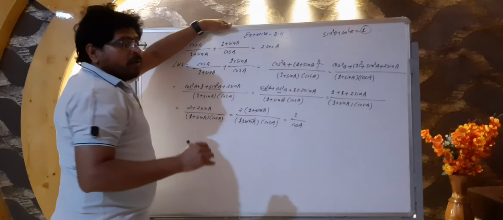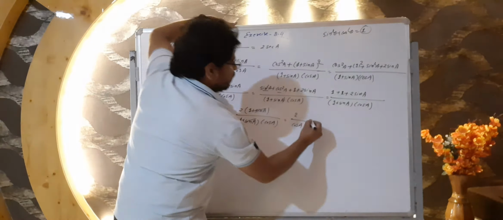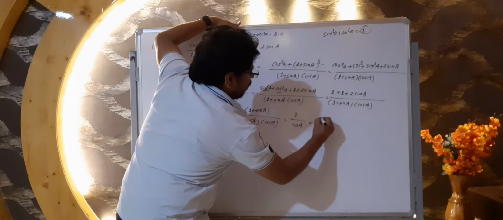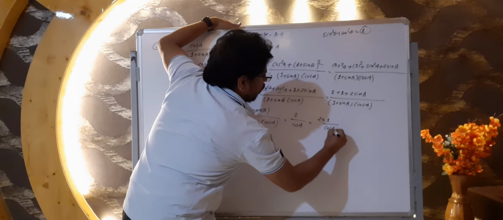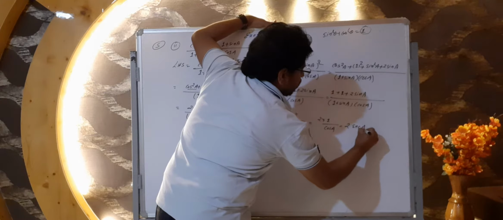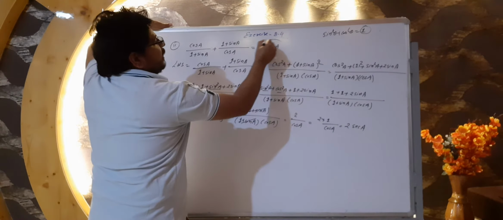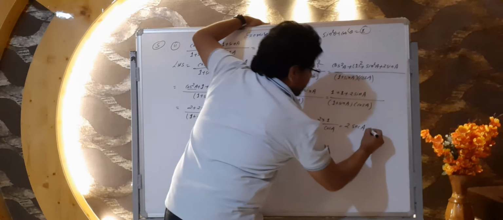cos A. You know 1 upon cos A is equal to sec A. So we can write it 2 into 1 upon cos A, and 1 upon cos A is equal to sec A. It means 2 sec A. And look children, this is what we needed. Yes, that's all. That's all is equal to